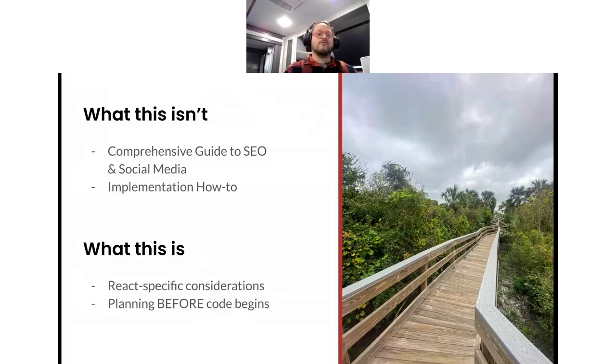We can create the right workflow, and that means that we pick the right tools, and so it is cheaper, right? It's a lot harder and more expensive to add these things at the end of the project, and adding things at the end of the project often causes delays. So let's talk about SEO. Let's talk about social media sharing, but just on a surface level, so that when you approach a new project, you know what you need to be talking with your devs about.